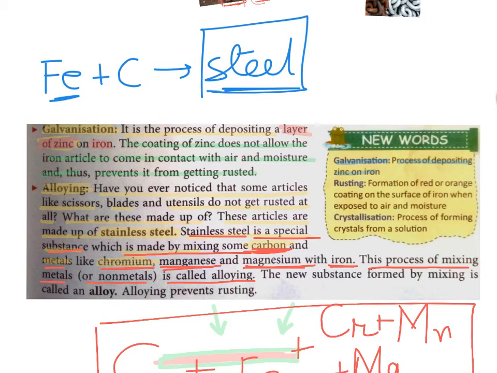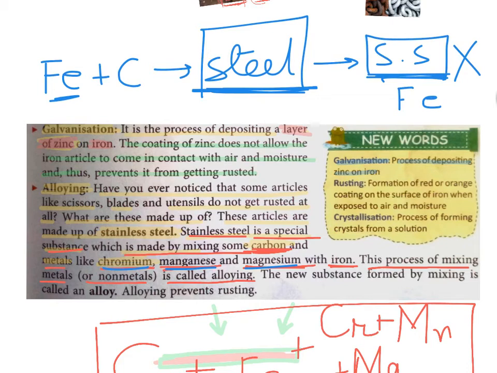Now if you add a few more metals to it, like chromium, manganese and magnesium, we will get stainless steel. So this steel, though it contains iron, will never get rusted because it acquires entirely different properties from that of raw iron. So alloying is a process of mixing